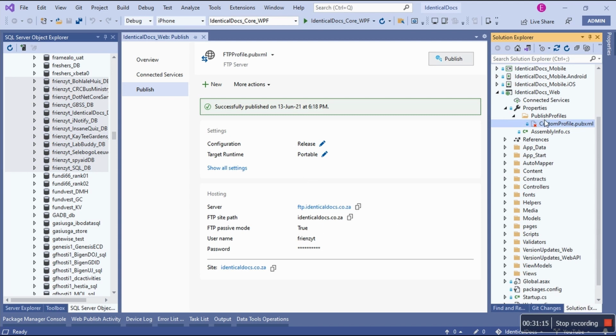Make sure you're on the master branch so that this file does not become part of the changes you're about to commit, because it can be part of it. The reason it's marked with a cross is so I do not make the mistake, but it can go up. Just know that. Good. So this is the server. Like I said, I have access to FTP, and then this is the site path, and then the username and the password. I think that's all you need to know. That's it. But now, you see, successfully published when? Recently, a couple of days ago.